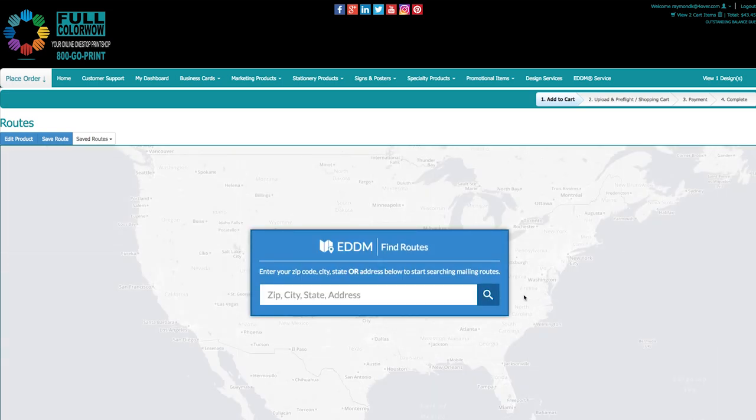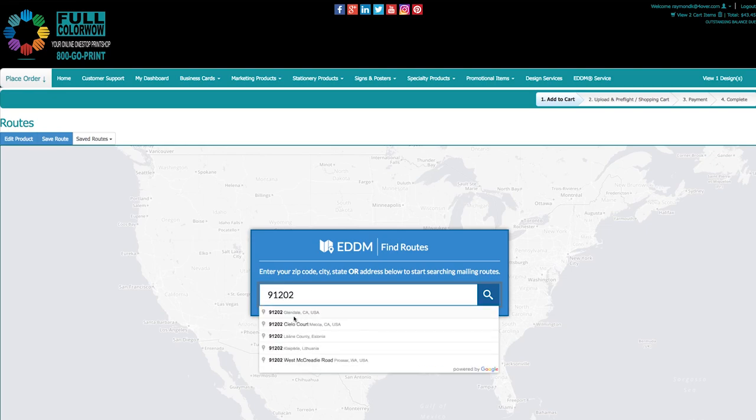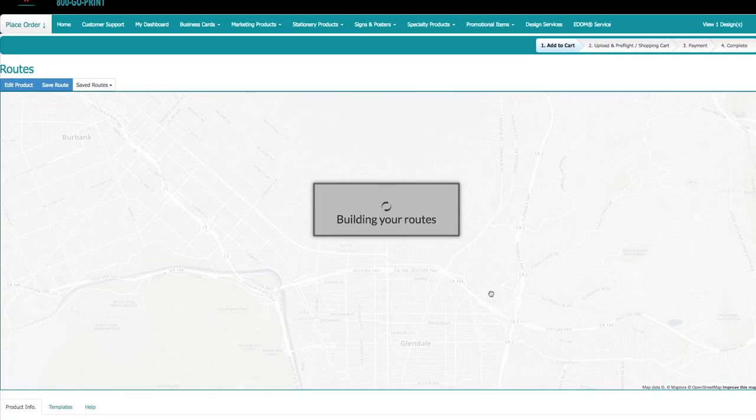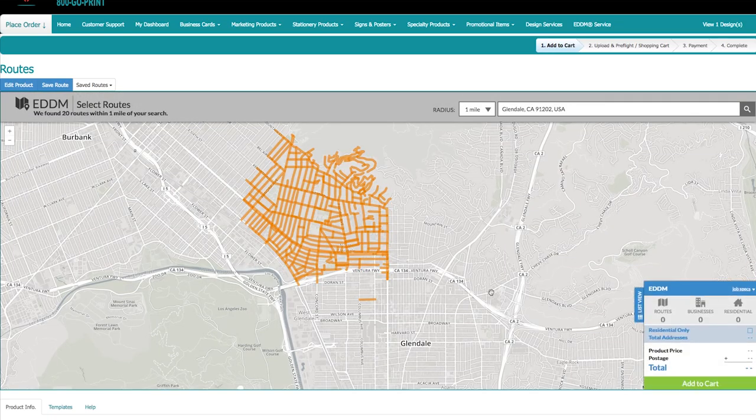Once you select the routes, you could go ahead and enter a zip, city, state, or address. I'll enter a zip, and I'll search. And this is all connected to the USPS website, so the system is going to generate that specific zip code within a specific radius. So I have 1 mile, 2 miles, or 3 miles. Now I could get a little bit more specific with the routes that I'm selecting. So if I hover my mouse over the route, you'll see it does highlight blue. And as I select these routes,